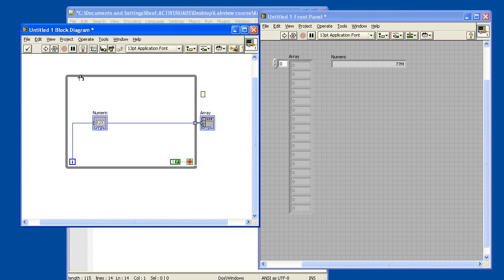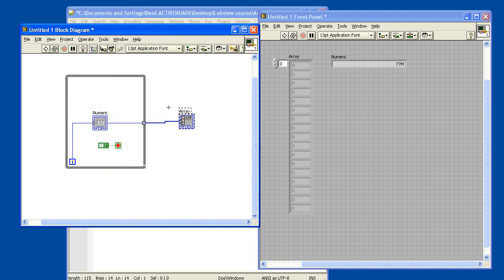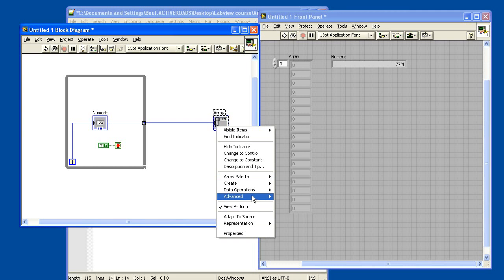Another major performance issue is if you are going to make a function, which I explained in the previous video. If I would make a sub-VI of this one, create a sub-VI,